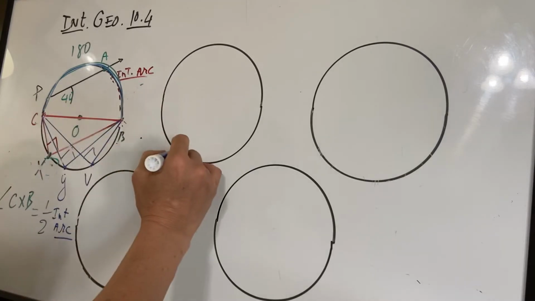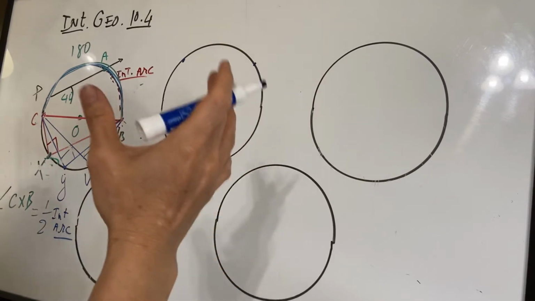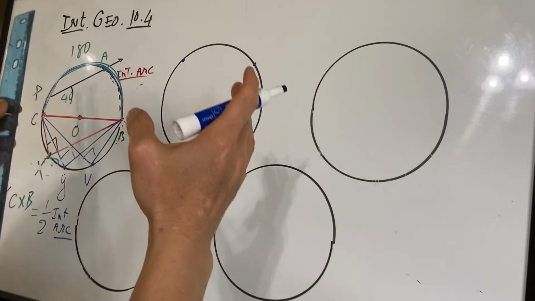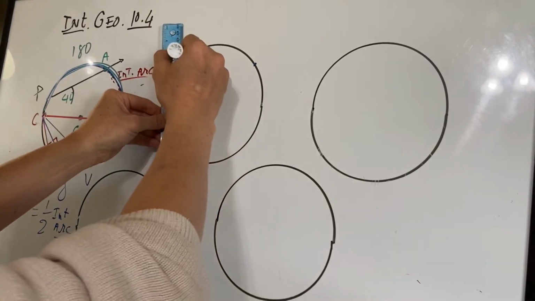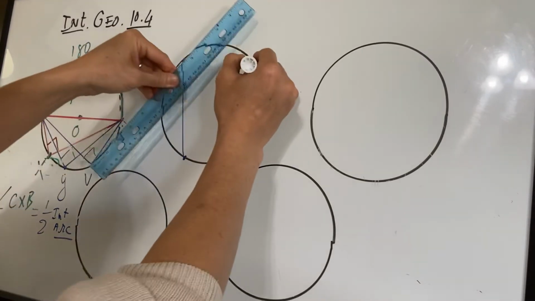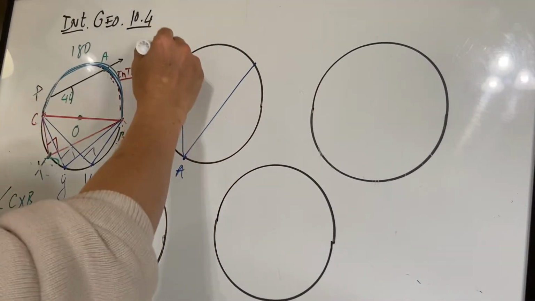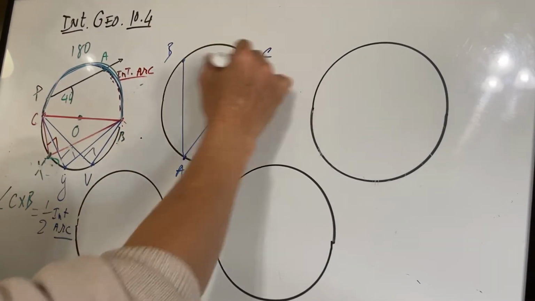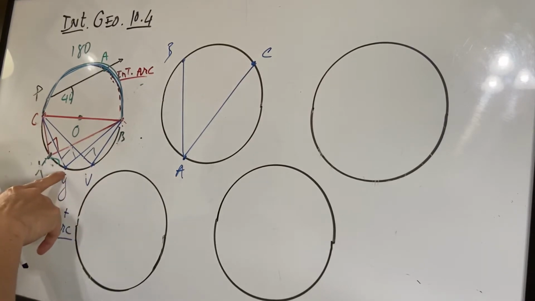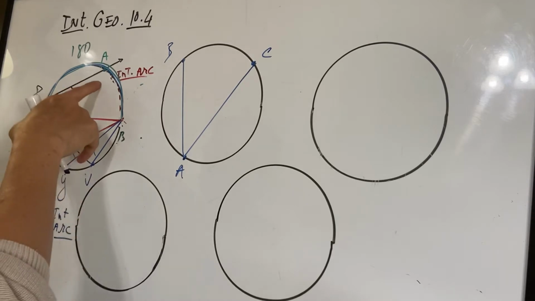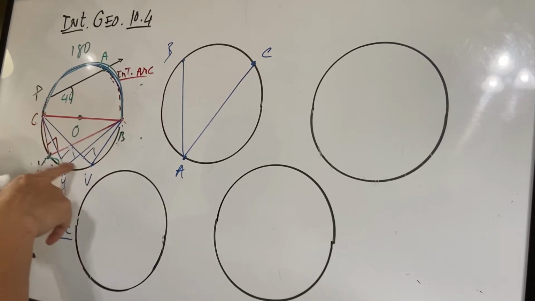Mr. Dang, what if I have two inscribed angles with the same intercepted arc? Are they congruent? You betcha. Here we go. If this is A, this is B, and this is C, just like this. Guys, look at this. The inscribed angles, if they have the same intercepted arc, your conclusion is they are congruent to